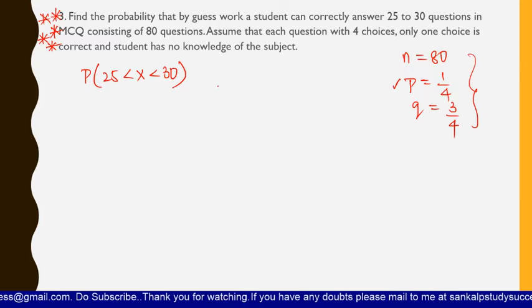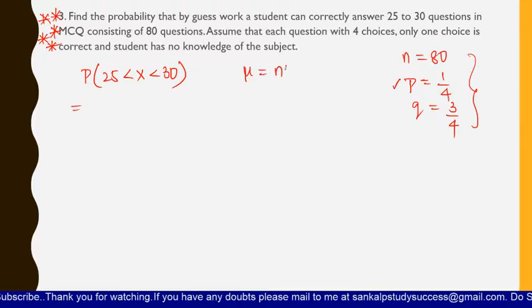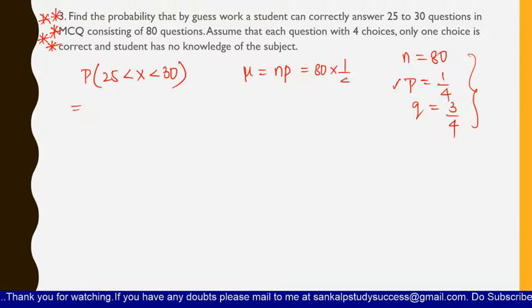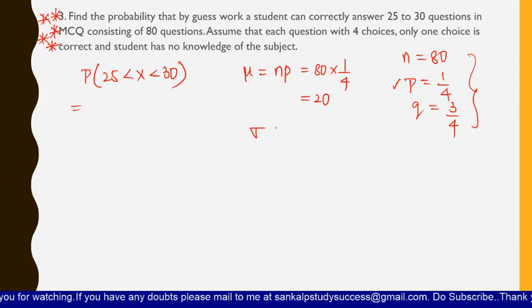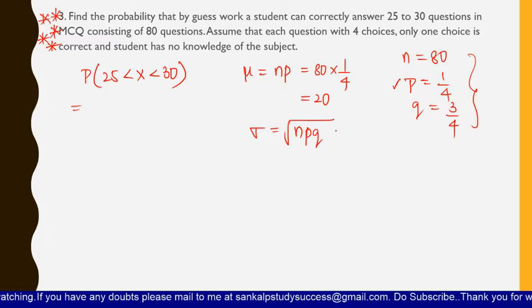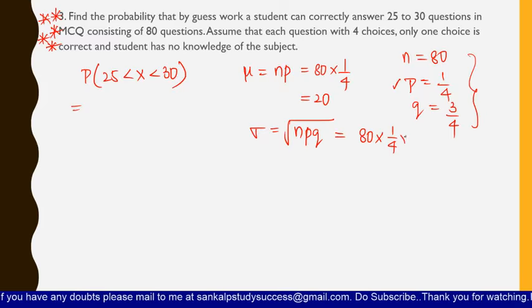Now you have to just find out what is mu and what is sigma, and then you can proceed with our normal procedure. Let us see what is mu and sigma. Mu is equal to NP. NP is nothing but 80 into 1 by 4, which is equal to 20. This is mu. And what is sigma? It is square root of NPQ, which is equal to 80 into 1 by 4 into 3 by 4,